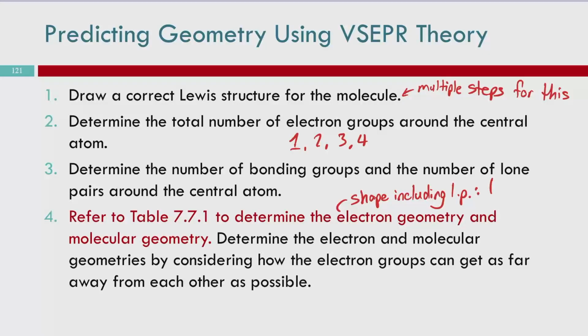Our options are linear, trigonal planar, and tetrahedral for electron geometry. For our molecular geometry, our options are still linear, trigonal planar, and tetrahedral, but we also have